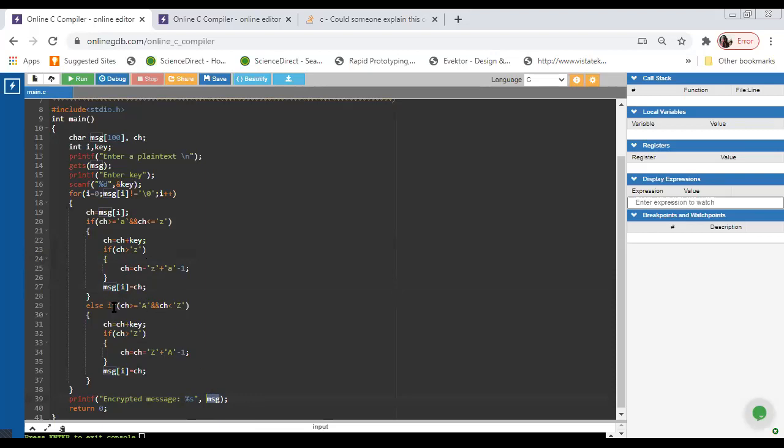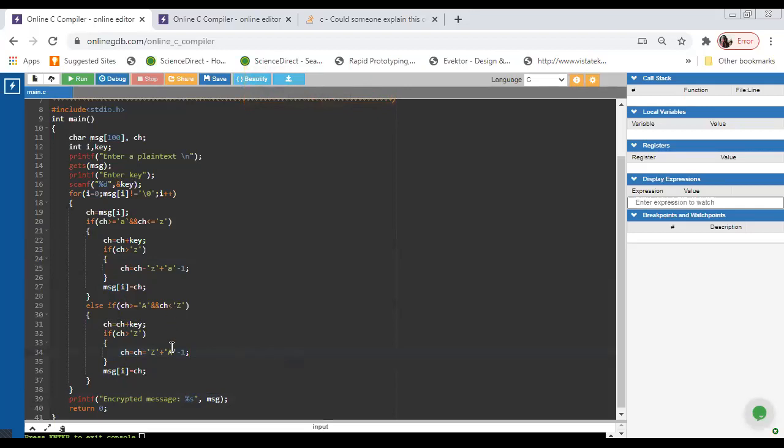If it is an uppercase character, we again add the key and check whether it is greater than Z. If it is, we have to put it back into the uppercase range using the value here.